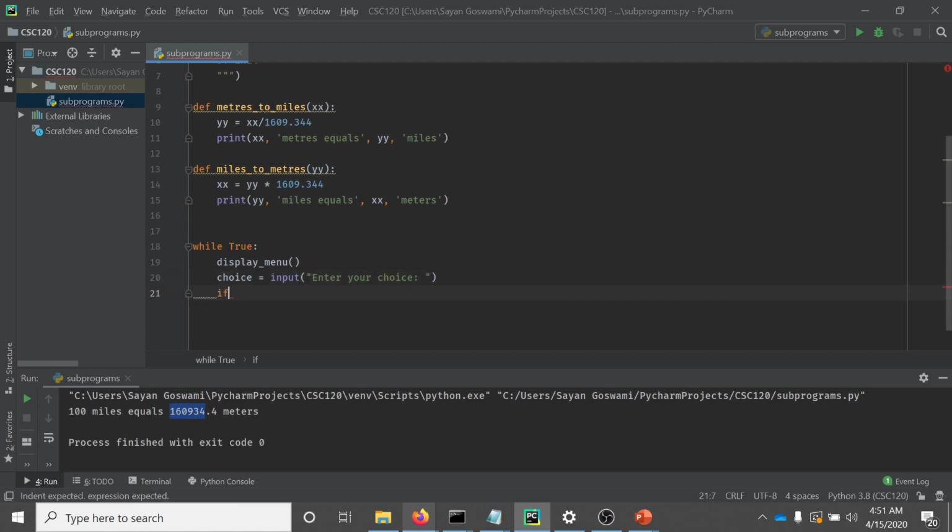Now I'll say if choice is equal to 3, then we break out of that loop. I don't need these parentheses. Okay. So if the choice is equal to 3, I break, right? Else if the choice is equal to 2,